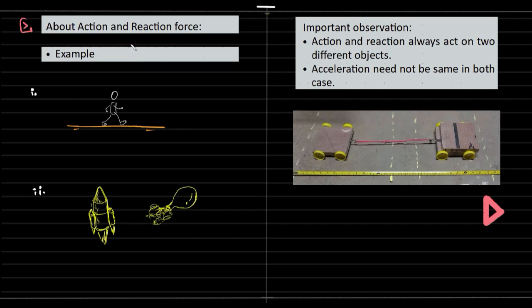There are two important terminologies associated with the third law of motion: action and reaction forces. Action forces are generally the cause and reaction forces are generally the effect. This is how you can distinguish them. For example, us pushing the floor and the floor pushing us. This is your cause and this is the effect,